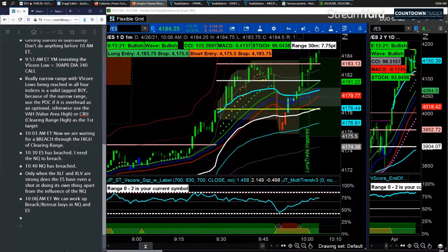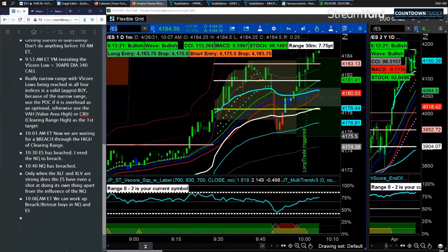Gang, V-score lows are going to be things that, especially during the morning, once you know what the setup looks like, you're going to be a whole lot more comfortable being self-directed and buying those calls on your own. But it can be a very powerful, if not aggressive, but very powerful opportunity for us in the morning. Not everything's going to be after 10, and that's just the way that it is sometimes. But in the futures room, gang,